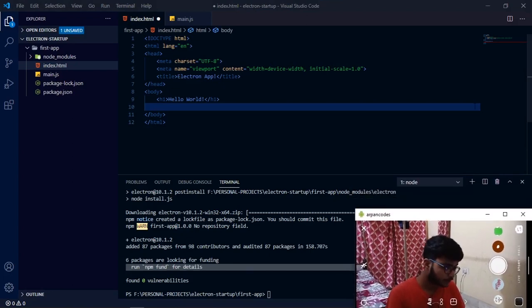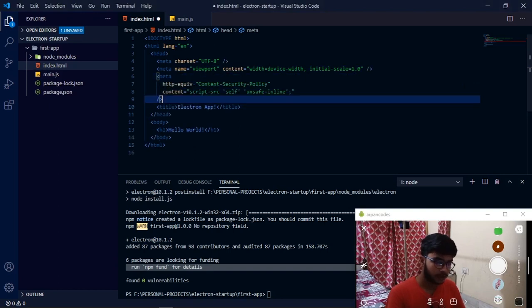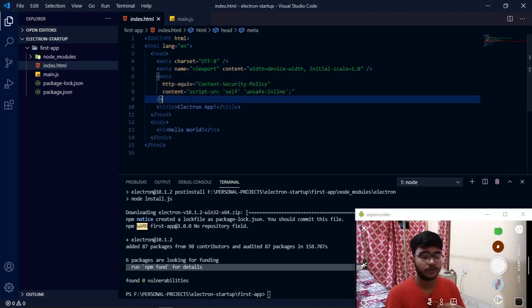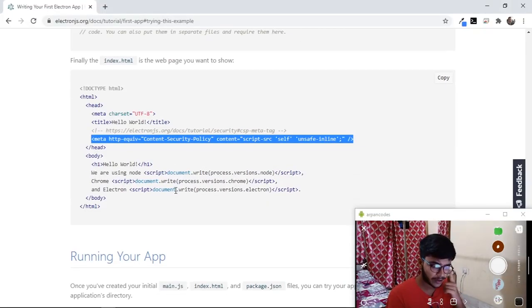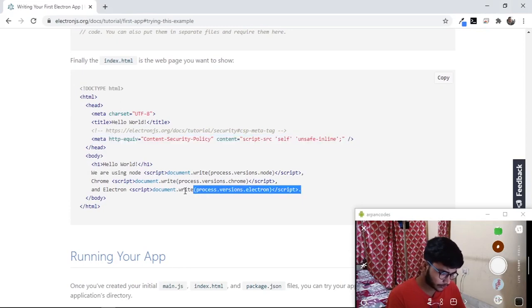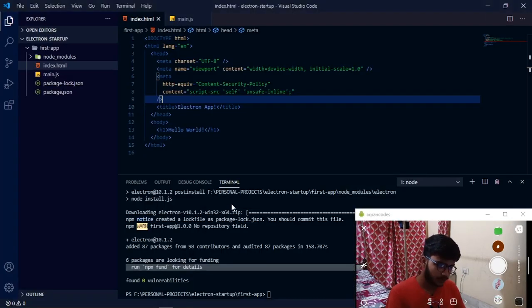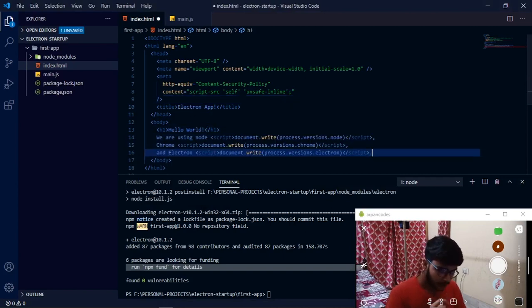So we'll see what that is, and we'll try to comment it out and check if it's working or not. But for now, let's just follow the thing. Let's copy this and we'll simply paste it. So we are using node